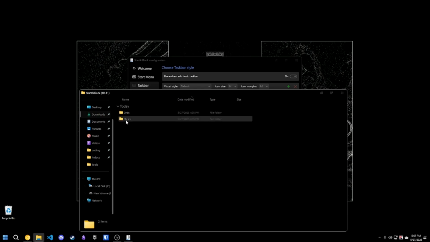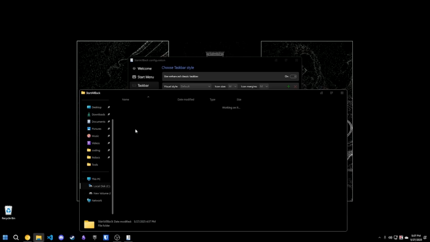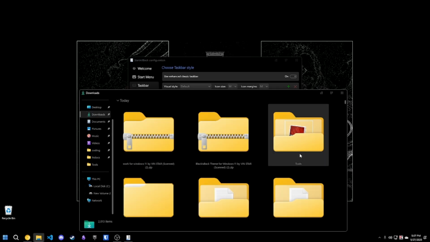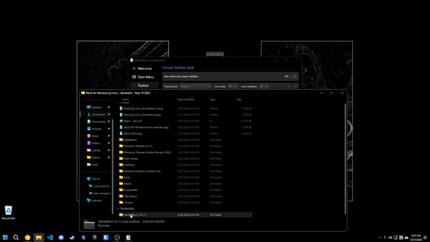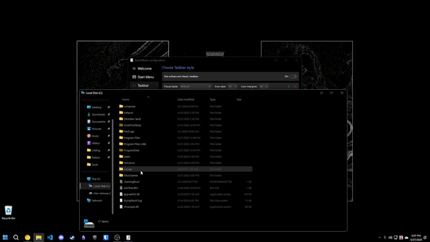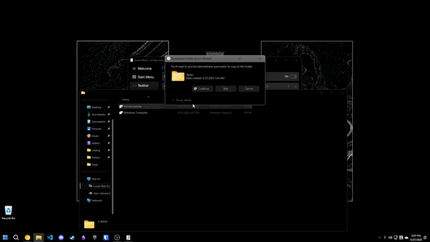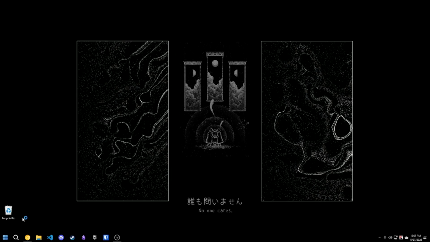Double click on it. Okay, go to Orbs, select this, go to local disk, go to program files, search for StartAllBack, double click, and put these in the orbs. I already have them here, so just put them back again. Now go back to downloads, go to tools, go back to the themes folder that you have, go to styles now, select this, go back to local disk, go back to program files, go back here, styles, and just paste it here. Now you just want to close this, reopen it, press here, properties,